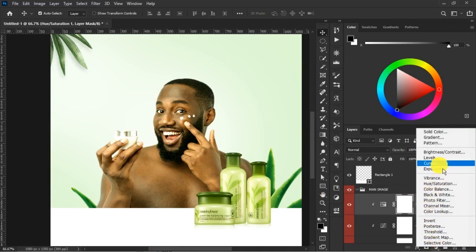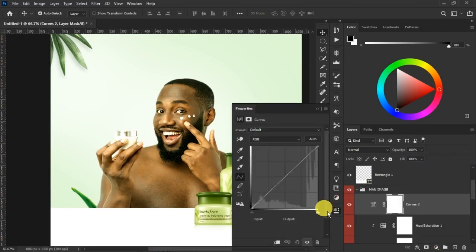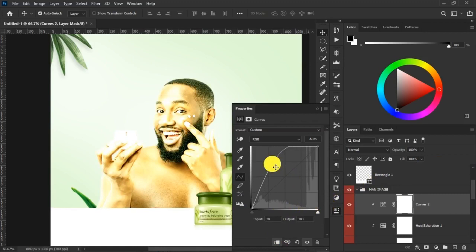So we'll add a curve adjustment layer again, then clip this on the center. Just pop this up so much more like that. Don't be scared, we're not spoiling anything. Okay,